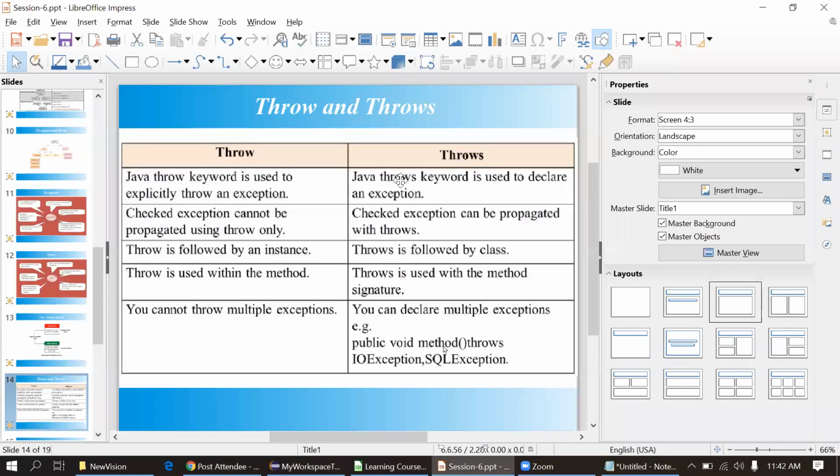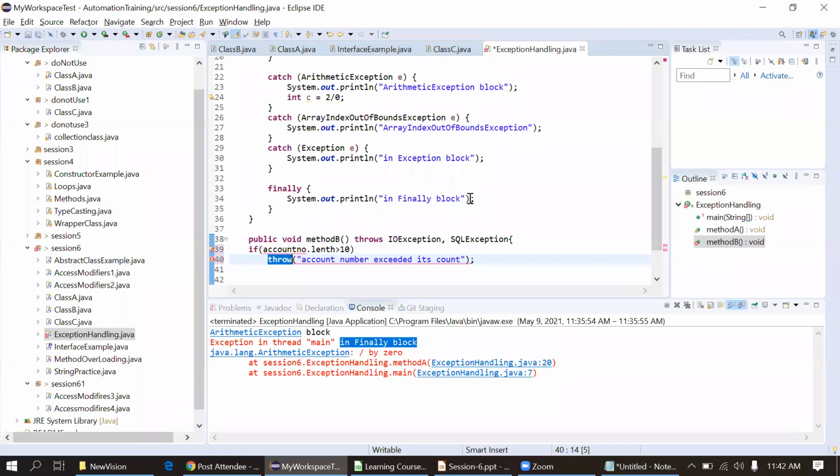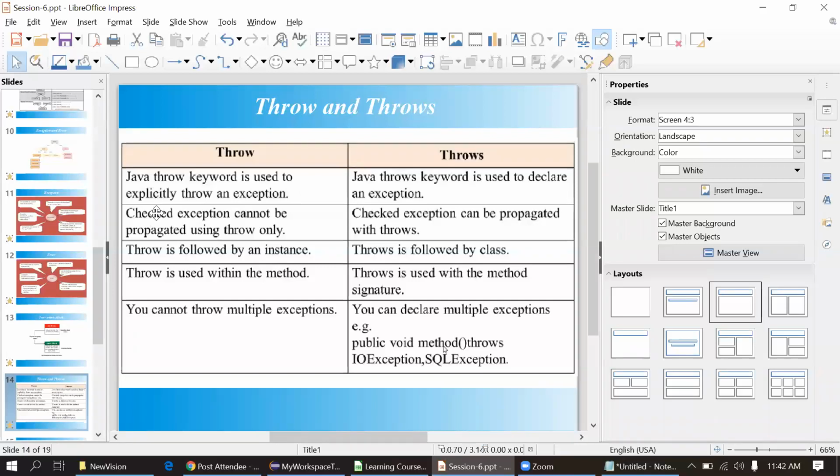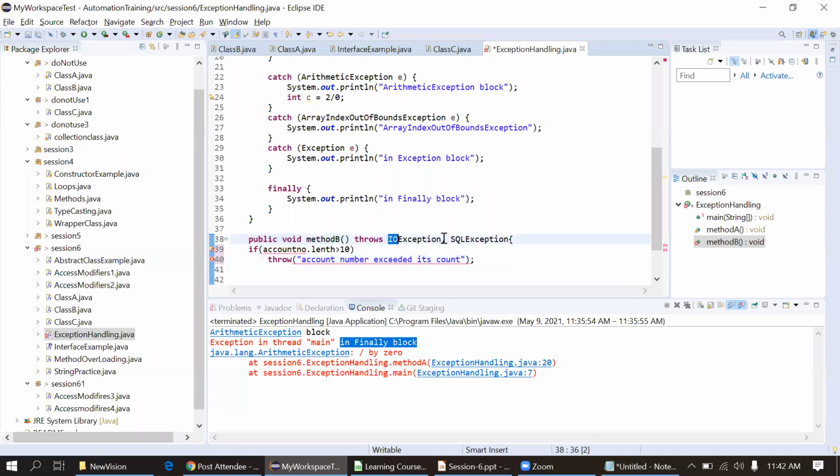Then the Java throws keyword is used to declare the exception. Declare exception means along with the method signature. This is also called the method signature. Checked exception cannot be propagated using throw. Checked exception means this exception, we cannot use in this throw.